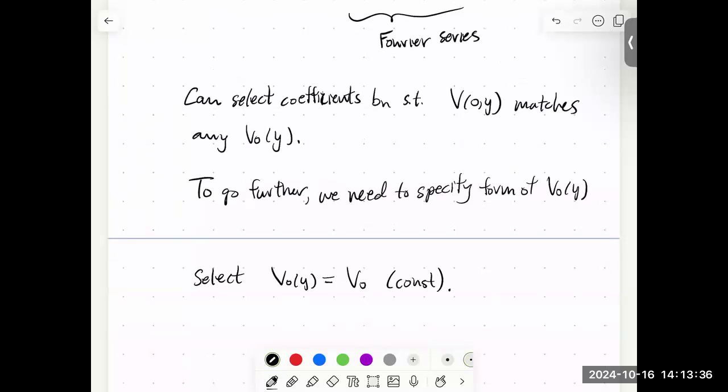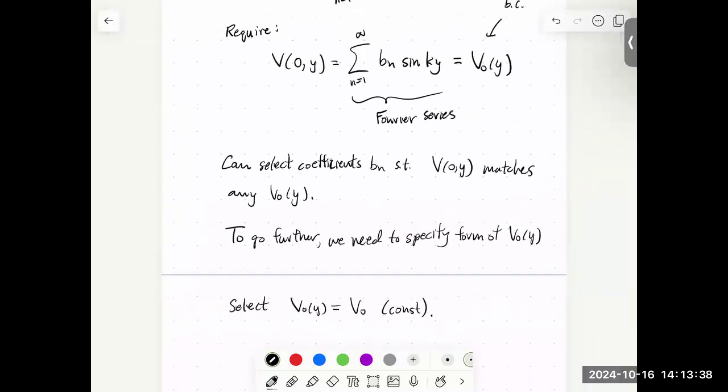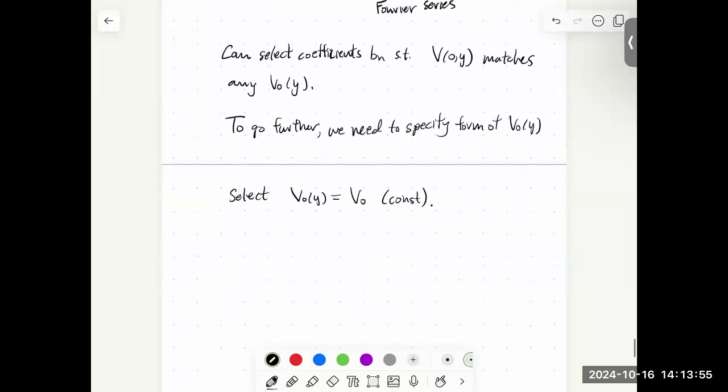Does anyone remember what we have to do to find the bn coefficients? Yeah, we're going to integrate that v naught of y. What are we going to integrate? The product of v naught of y and what? Sine kx. Yeah, that's right. So just like for the Fourier series, bn is found by evaluating,